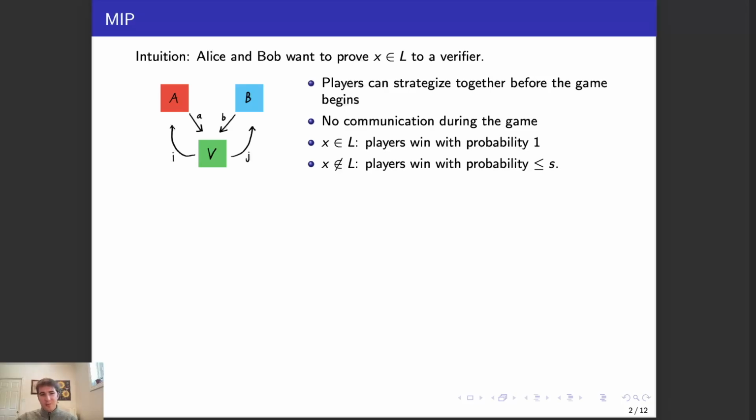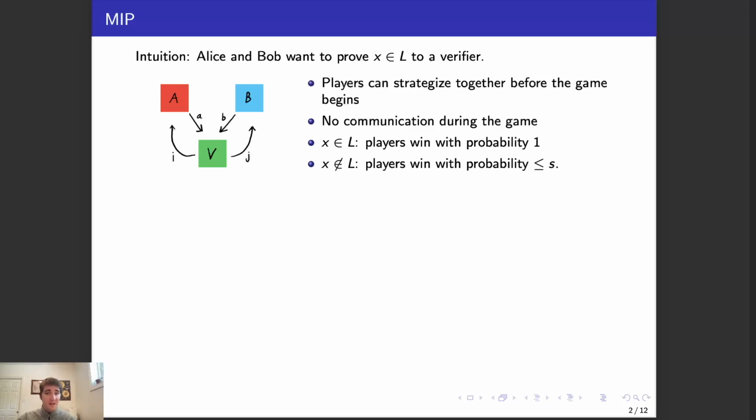First, I'll talk about multi-prover interactive proofs. The intuition here is that two computationally unbounded provers, Alice and Bob, want to prove that a string X is in a language L to a polynomial time verifier. The players, Alice and Bob, can strategize together before the game begins, but they're not allowed to communicate with one another during the game. We call an MIP protocol a sequence of games that's indexed by strings X, such that